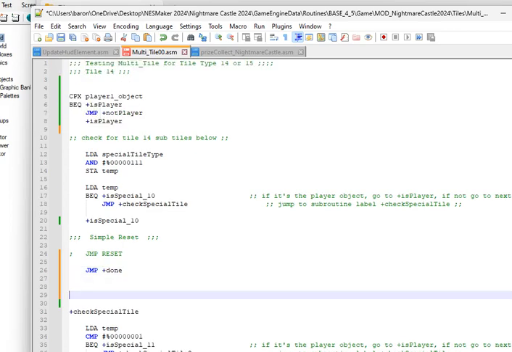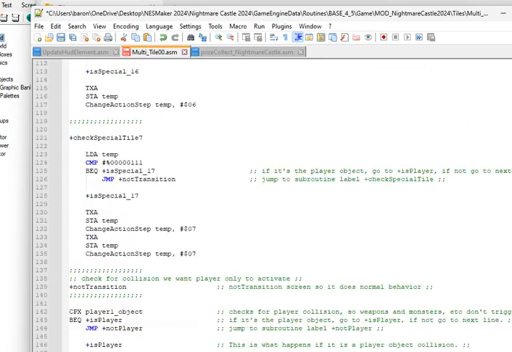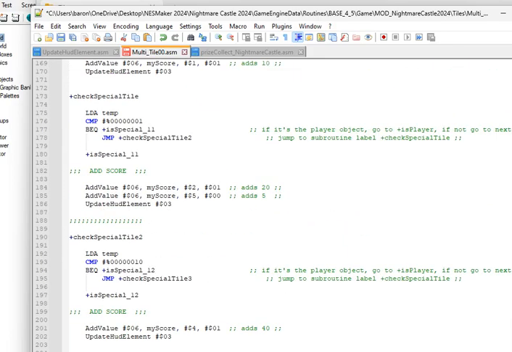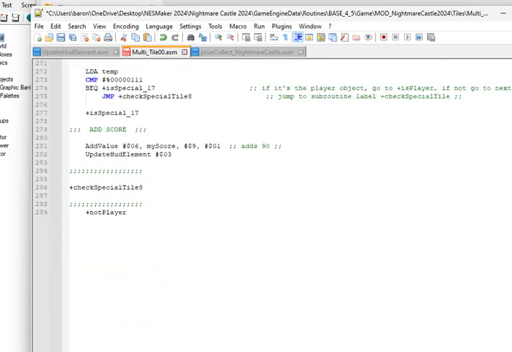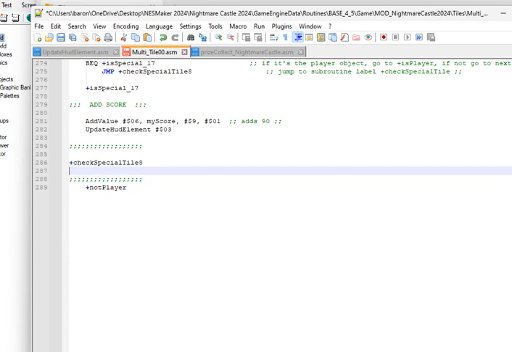But remember, we cut out that thing. So down where you're going to put jump done, it's going to be right above the not player thing.